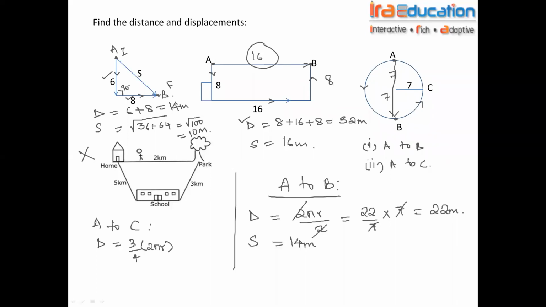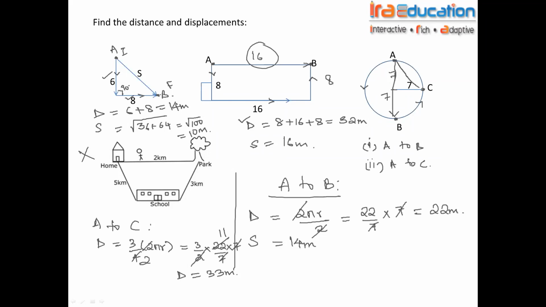Okay. So 3/4, can I say that this is half and this is quarter? So totally 3/4 of the circle you are covering from A to C. That's why 3/4 of the circumference. 3/4 of the circumference, this goes 3/2. So 3/2 into pi, which is 22/7. Radius is 7. 7 and 7 will cancel. 2 will cancel 11 times. So that is 33, not 11. I think you forgot 3. 33 meters is distance. Displacement, as you all said, is right.